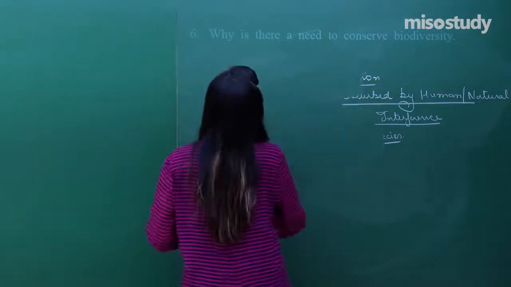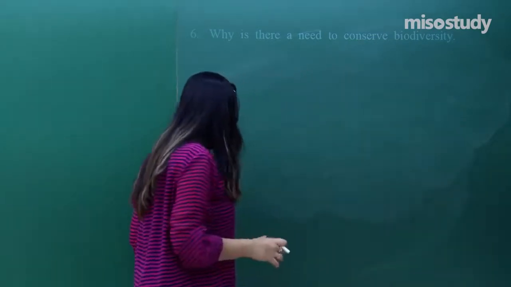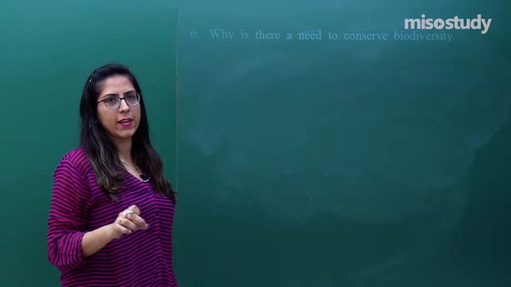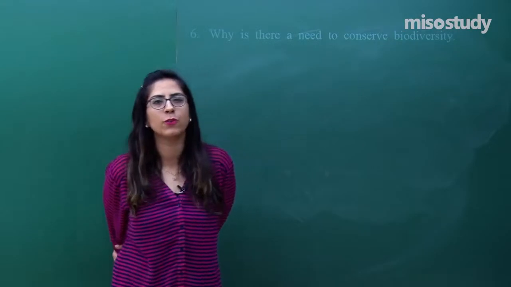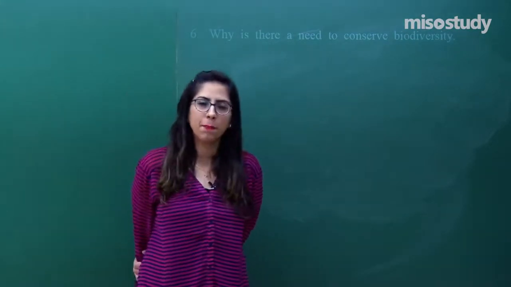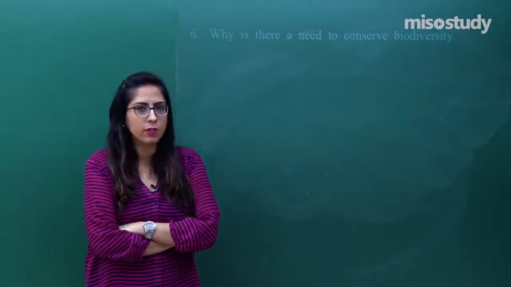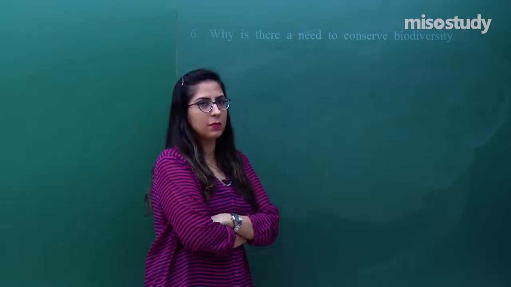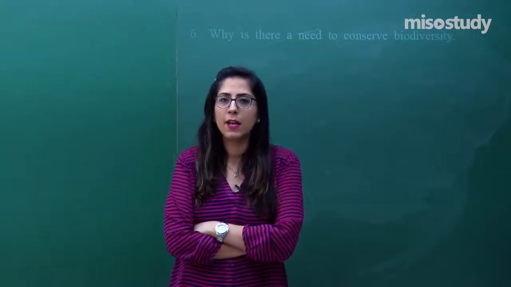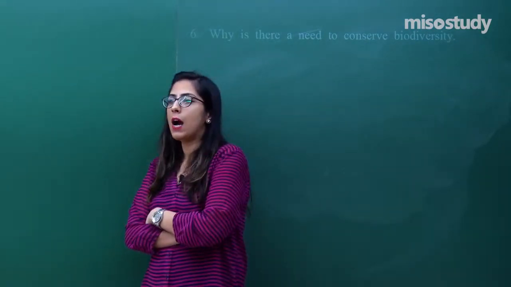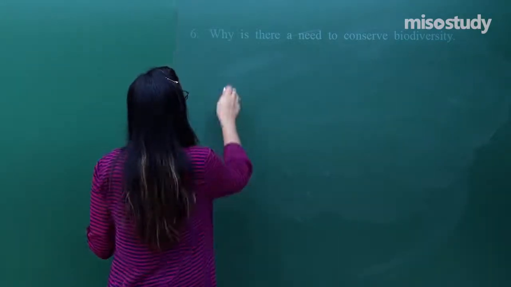The question says: why is there a need to conserve biodiversity? Very good question, very easy also, very direct. We have so many resources and those resources come only from biodiversity. We depend upon plants, animals, and the whole environment for various resources. When I was discussing this in the sessions, we discussed the broadly utilitarian, the narrowly utilitarian, and the ethical issues associated with it. So, in this you have to explain about